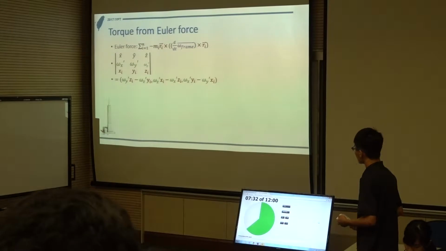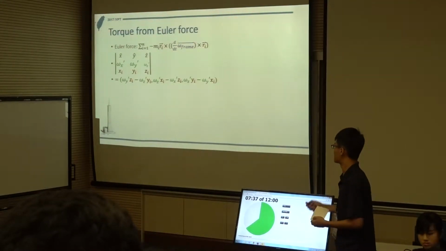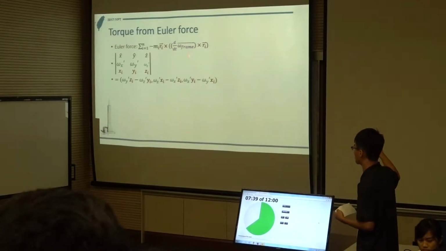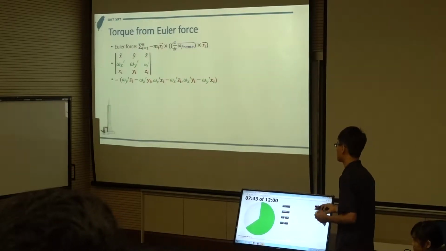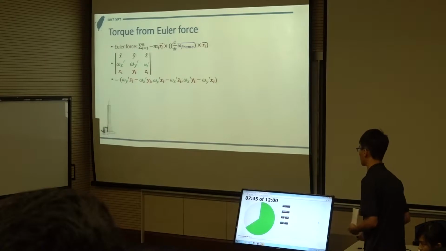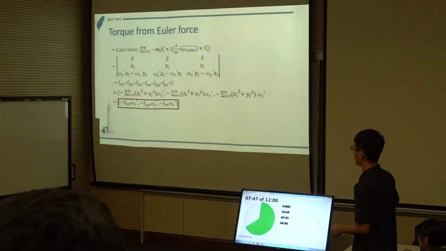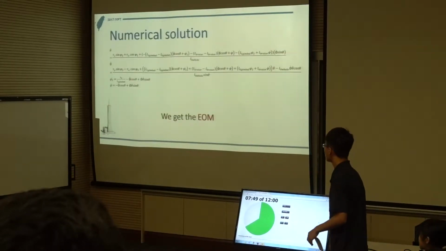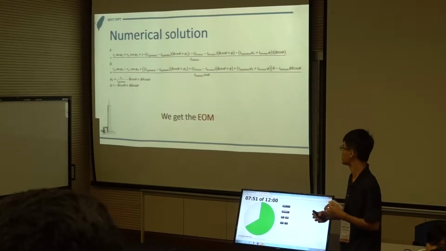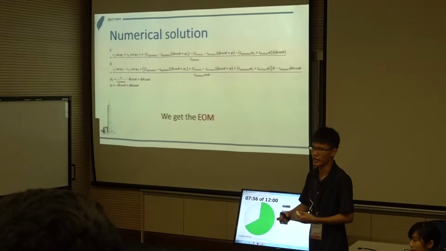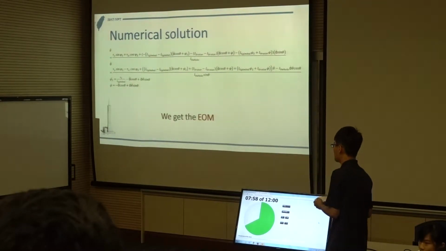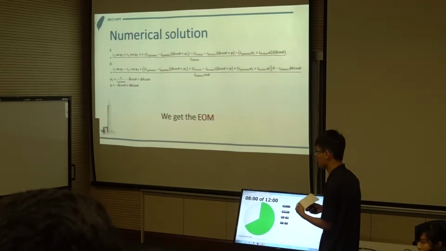And second, we calculate the Euler force, because there is actually angular acceleration, which is this part, and we use R cross F and mathematics to calculate the torque from the Euler force, which will be like this after the calculation. So we combine these equations together and finally get the equation of motion, and later we will run a simulation to see if our equation of motion is correct or not,